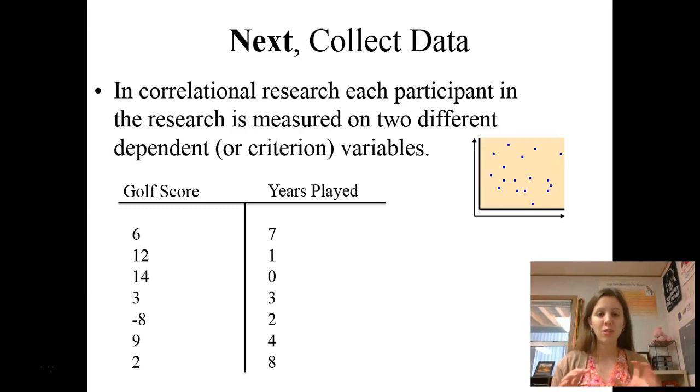Okay, so now that we have our two variables, they've been operationally defined, now we collect data about their relationship. So I make a T-chart with my two variables. Let's say I choose golf score and years played. And now I just go ask a bunch of people, hey, what's your golf score? How many years have you played? Once I feel like I have a large enough, representative enough sample, then I go and I plot it on